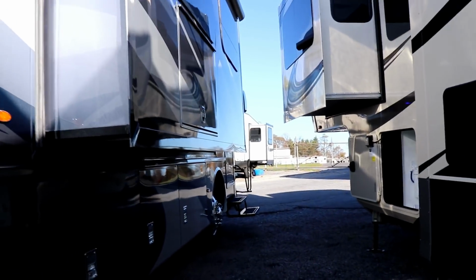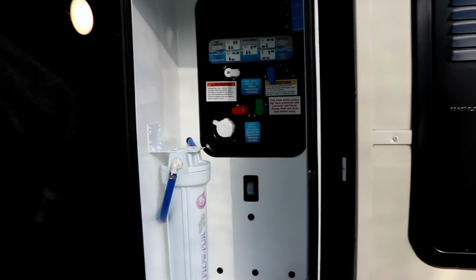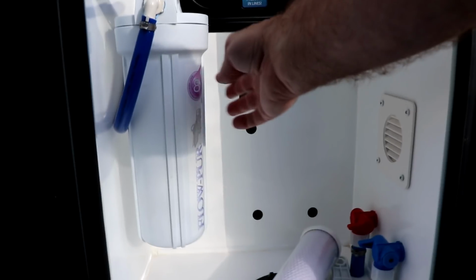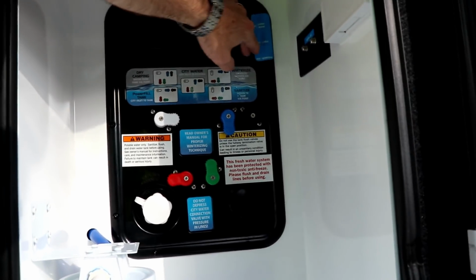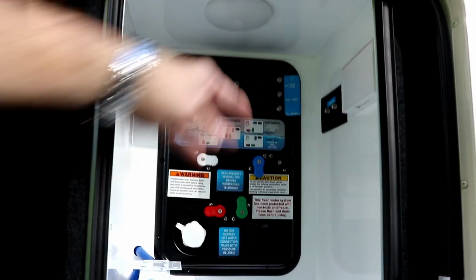6-point auto leveling system with this. And then this is where you're going to connect your water. Right in here, you connect your water, you have your black tank rinse. Also notice that it's heated in here. Whole house water filtration system. And of course for your cable connection, that'll take care of all the TV locations. And the satellites are for the other connection points. Water pump switch in here. And of course your